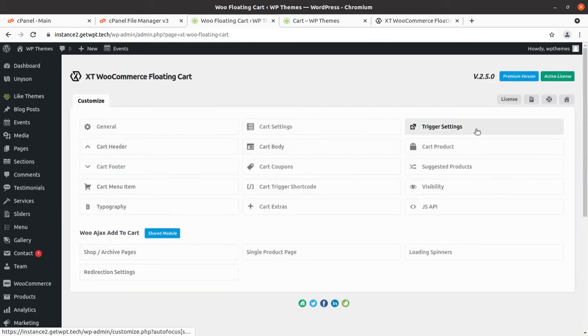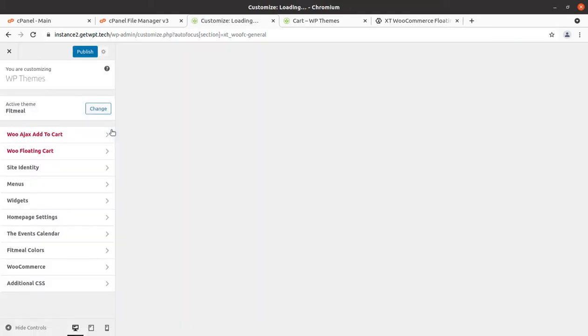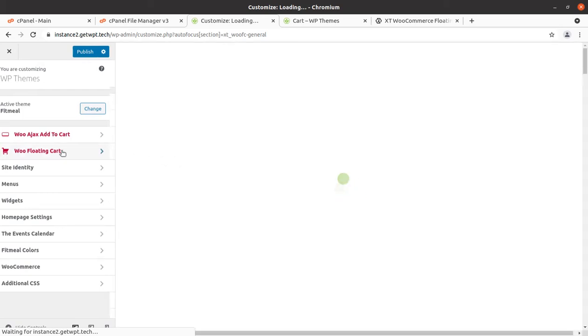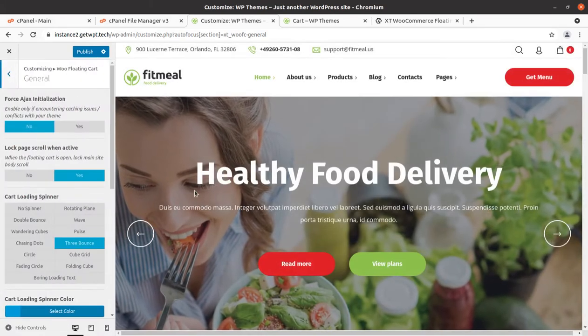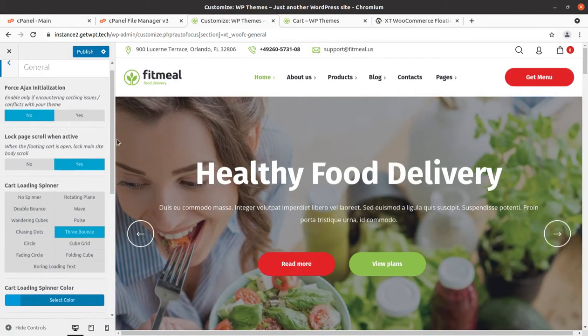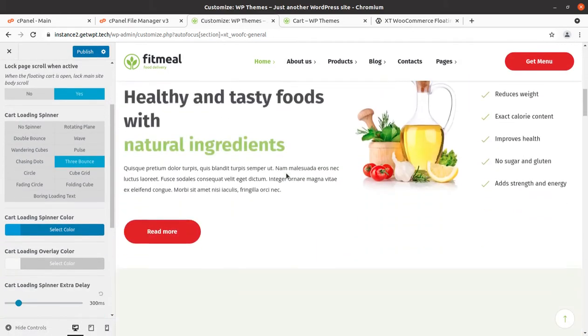There are many options available, and I'm not going to show you each and everything. It is very simple, and you can choose the option that you want on your website. I'm simply showing you the Ajax cart option. Force Ajax installation and all such things are here.